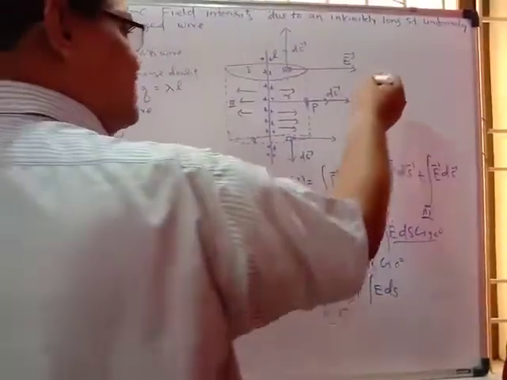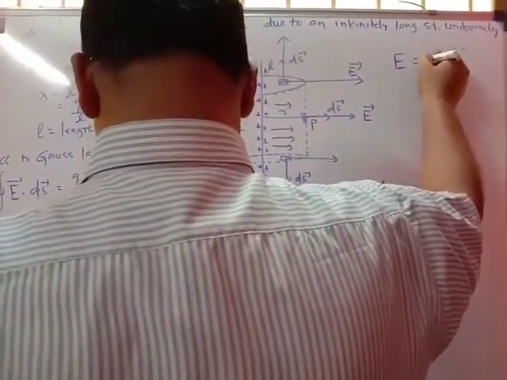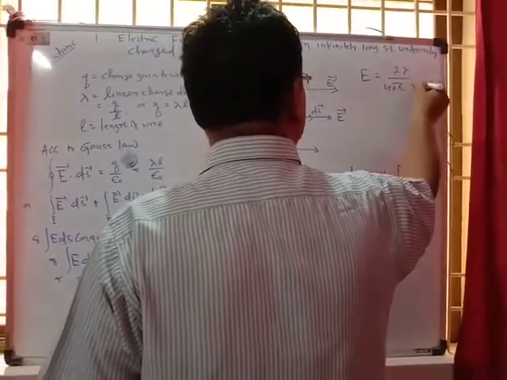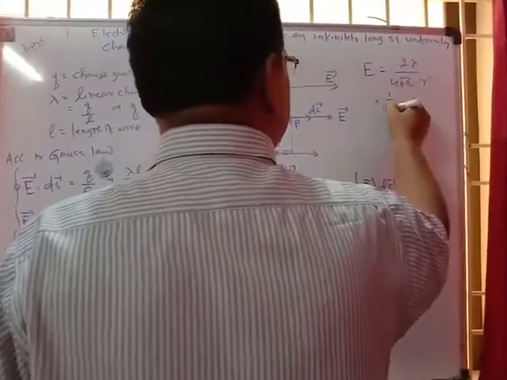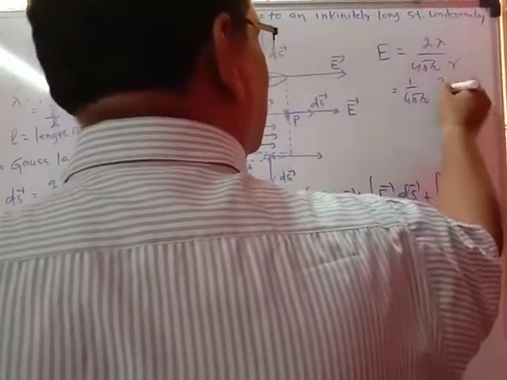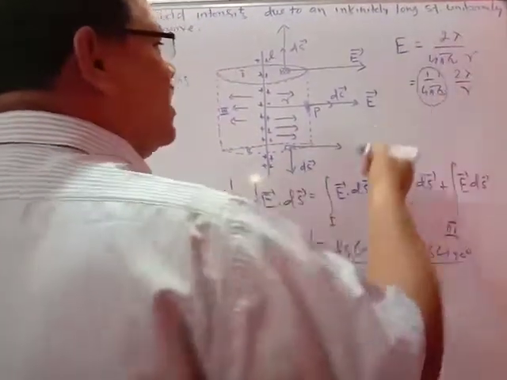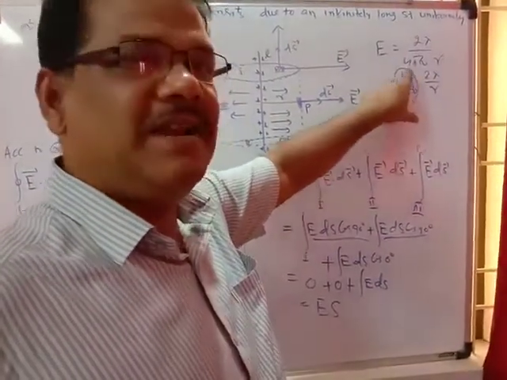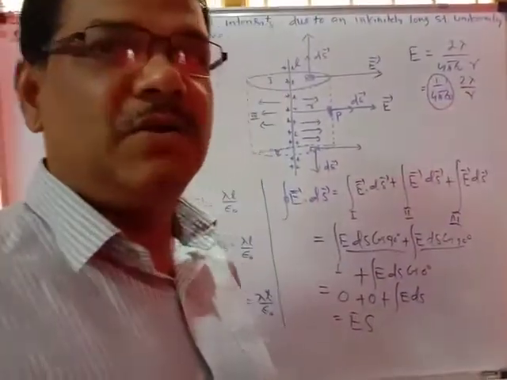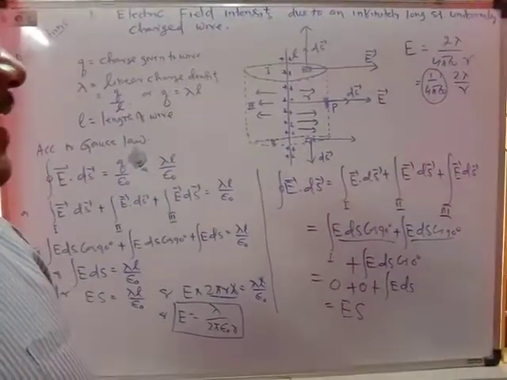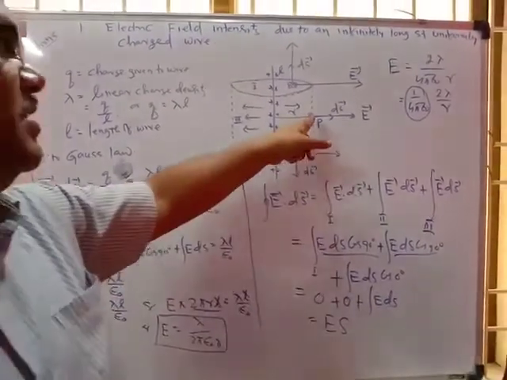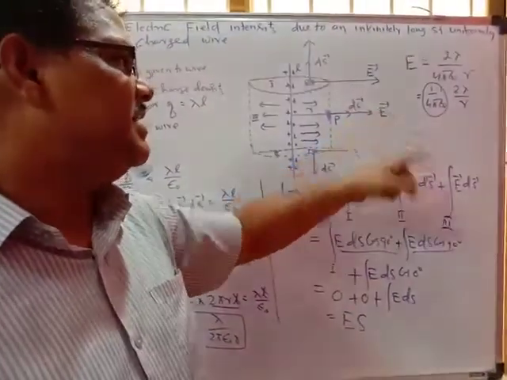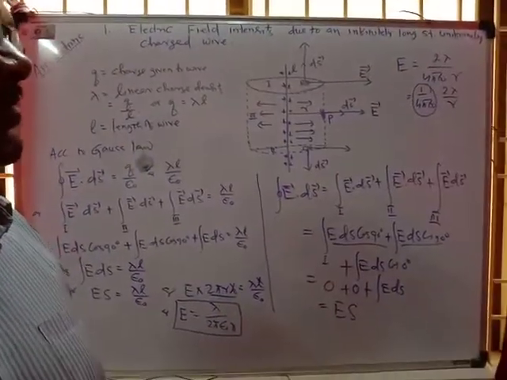This can be written in another form also: E equals 2 lambda upon 4 pi epsilon naught R. I am writing it as 1 upon 4 pi epsilon naught times 2 lambda upon R because you know the value of 1 by 4 pi epsilon naught. Whenever you are solving numericals, you can write it in this manner, since 1 by 4 pi epsilon naught equals 9 into 10 to the power 9. So overall, the electric field intensity at a point due to an infinitely long straight conductor equals 1 upon 4 pi epsilon naught, 2 lambda upon R.